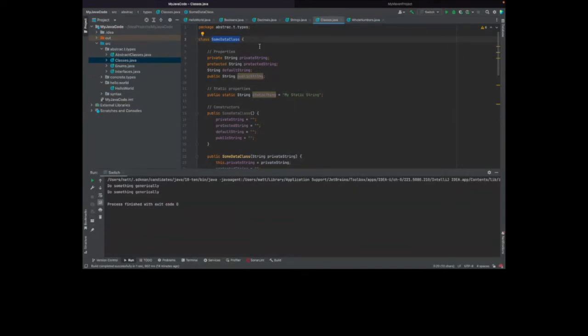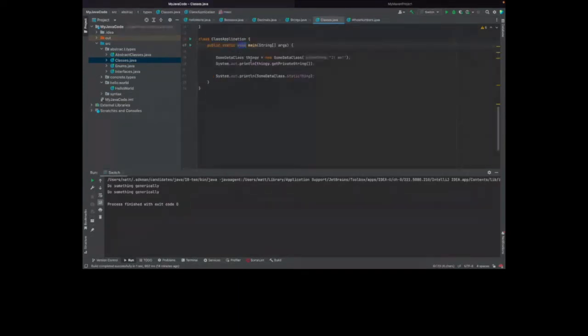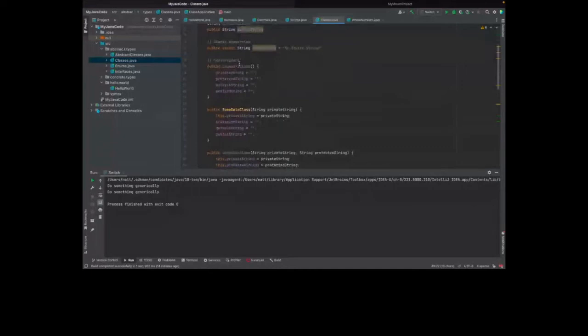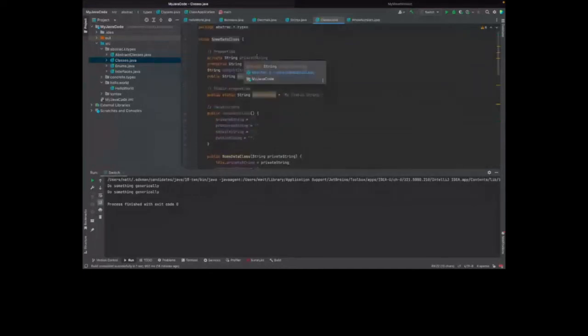So let's say later on down here, I want to define my own variable of type some data class. Well, I'm going to create a new one called some data class and create it with some data. And now that I've got the variable, I can then perform functions on it. This thing here is an object, and some data class is a type, it's a class, it's a blueprint for what some data could look like.